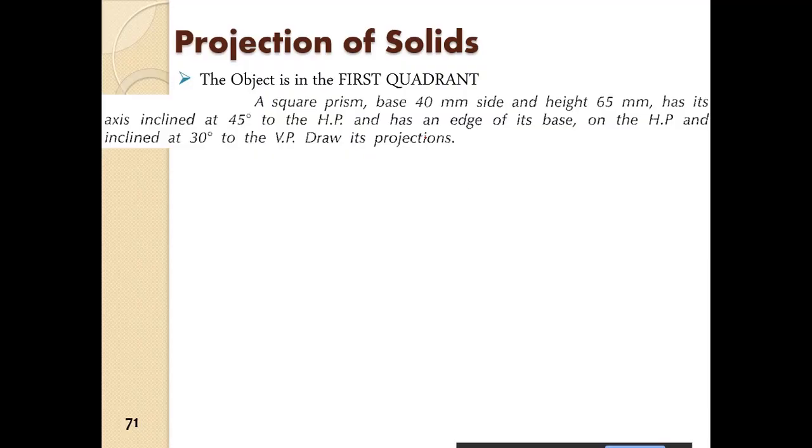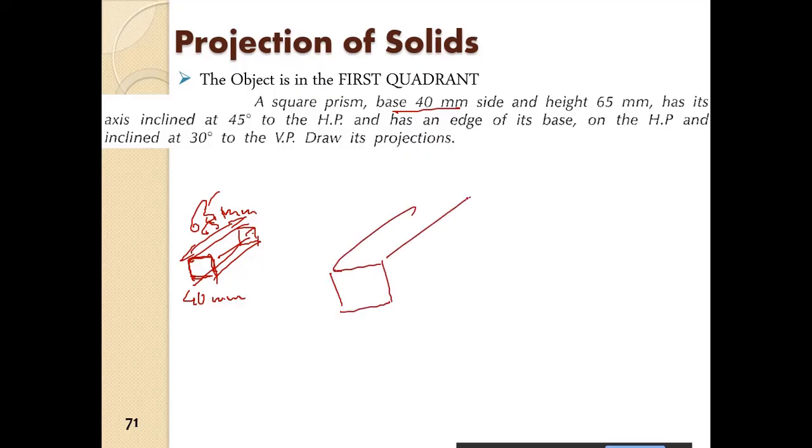So a square prism has base 40 mm side and height 65 mm. Alright, square prism. So it is basically a square and it is in this manner. Okay, so this length is given 65 mm, and this side is given 40 mm. So this is 65 and this is 40,